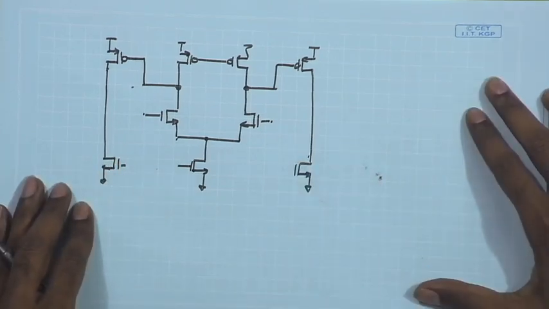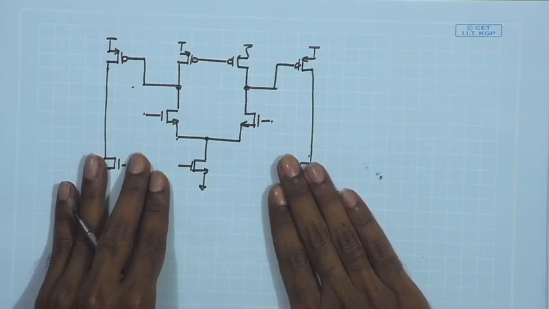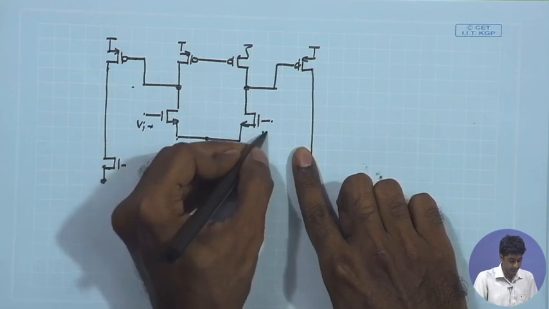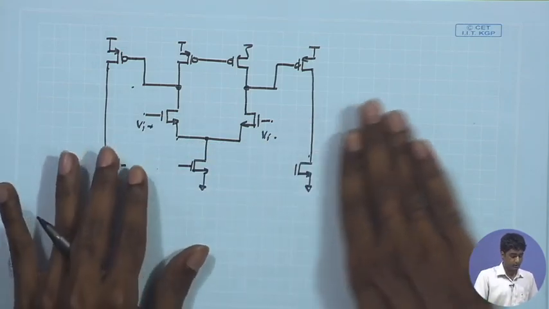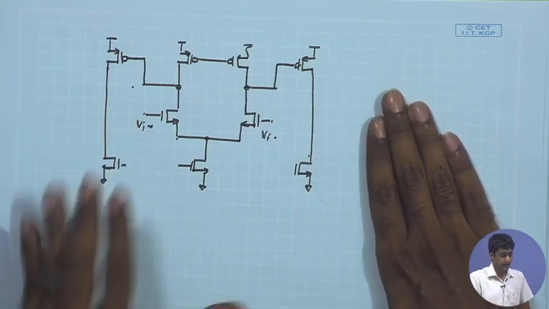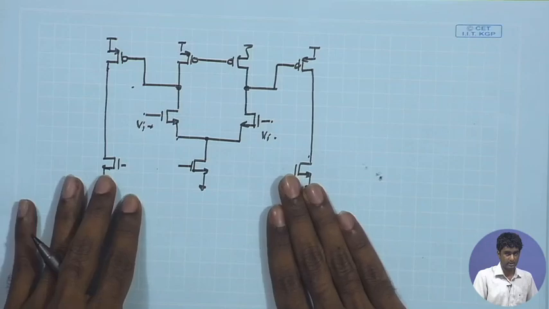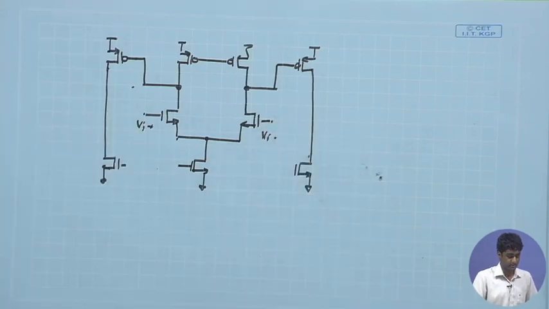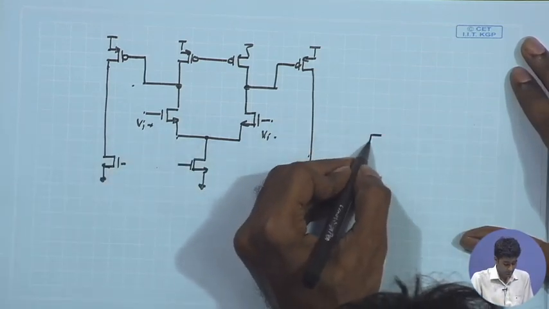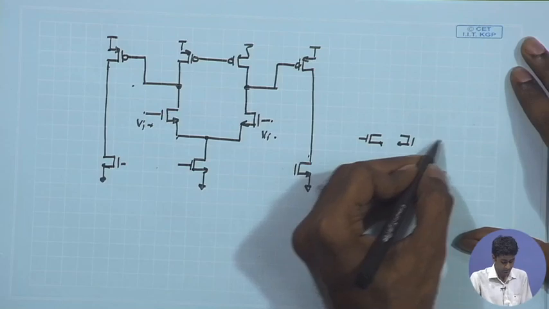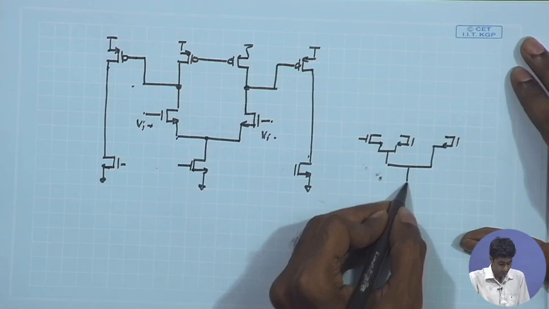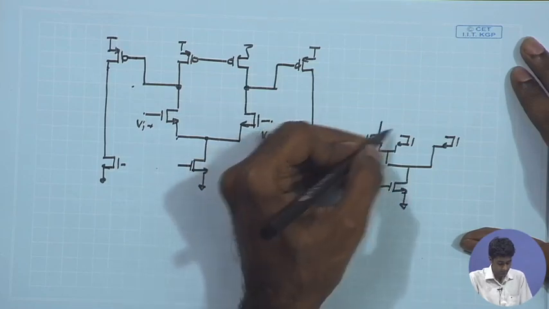So, let us start with our op amp circuit, the two stage fully differential op amp with the input Vi plus and Vi minus, and let us go for the common mode feedback for the two stages separately. We are going to employ an error amplifier for the first stage and a second error amplifier for the second stage. Now, for the first stage, we can build the error amplifier that we discussed in our earlier sessions with a split input pair, extracting the common mode voltage over here,